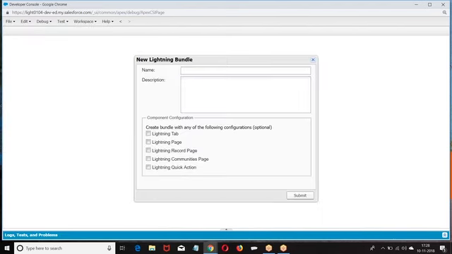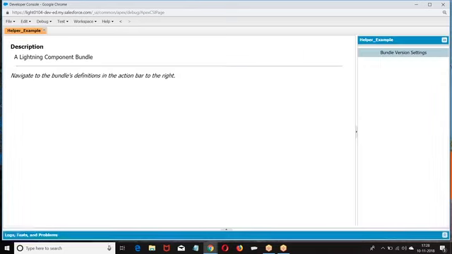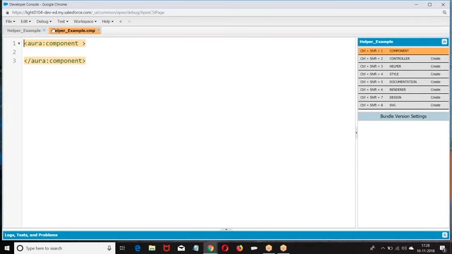Let me start creating a component. When you are creating a component, helper example. Now, in the helper example, I am creating a button here.